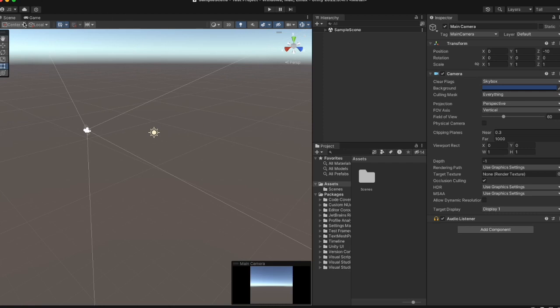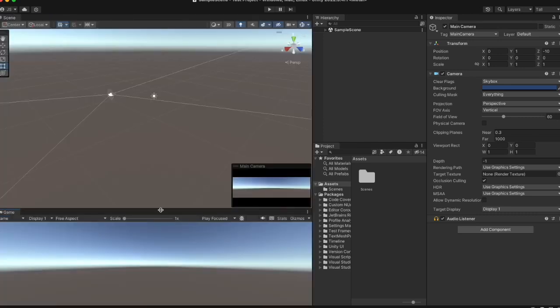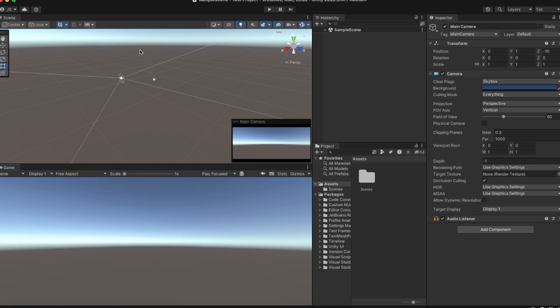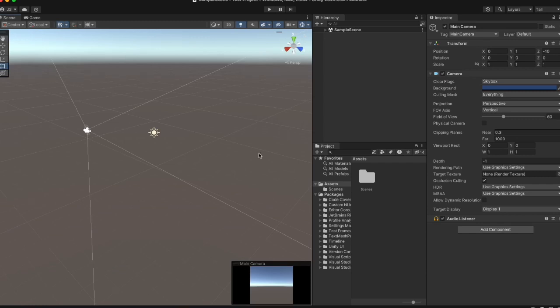What I'll do is take this game tab, click and drag it down below so that I have my scene view being built above, and I'm seeing what the camera sees below as I'm building. Likewise, I may put that back up here on occasion so I get a bigger area for my scene view for building, but ultimately the goal is the setup over here where I have my hierarchy